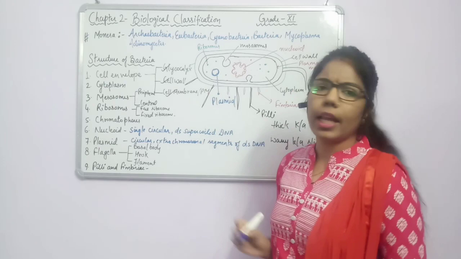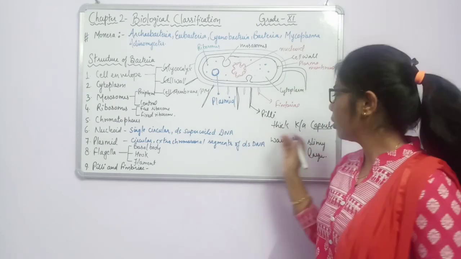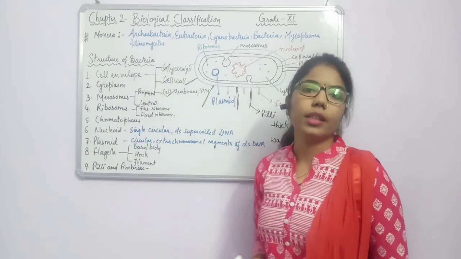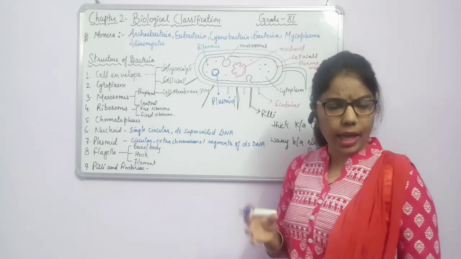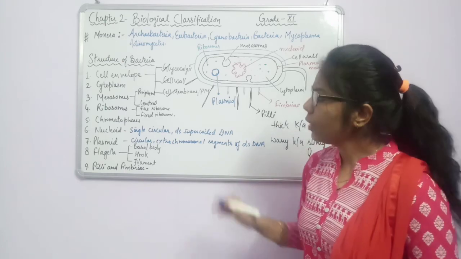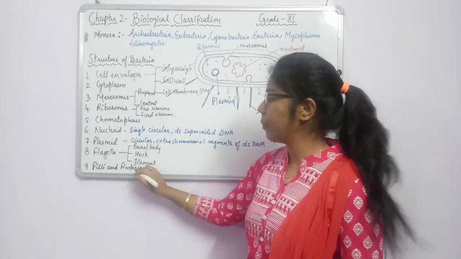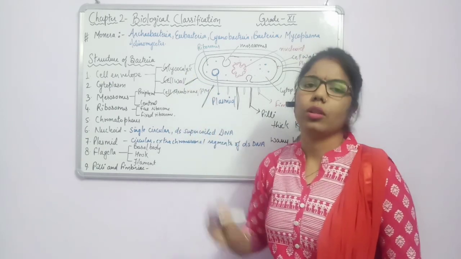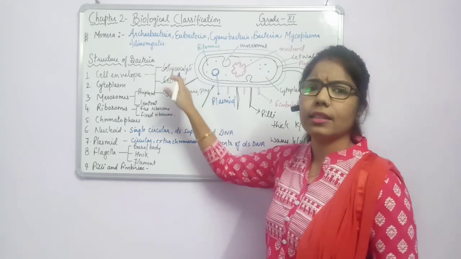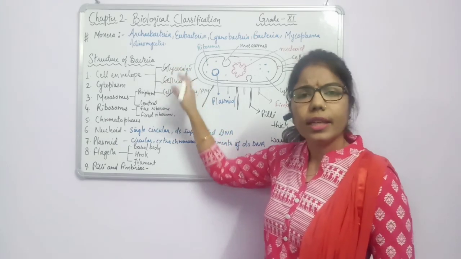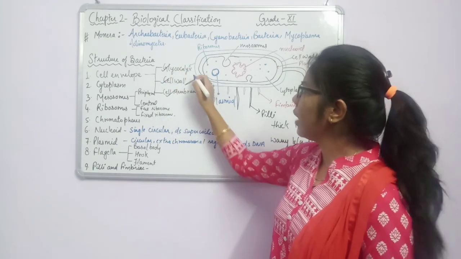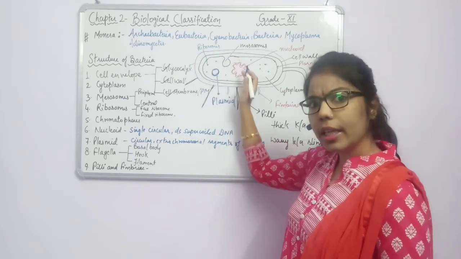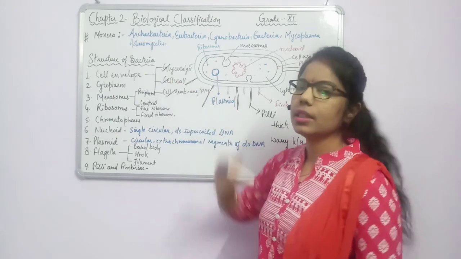And what is the role of this glycocalyx? This slimy layer or mucilaginous sheath, this structure of glycocalyx, is made up of the mucilaginous sheath. It helps in attachment. We will study that another function of fimbriae is also attachment, but attachment can be done by the glycocalyx also. It also prevents desiccation, or during dehydration it protects the layers and acts as a protective membrane for the inner layer. Fine. So next one is cell wall.